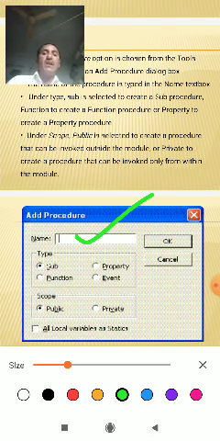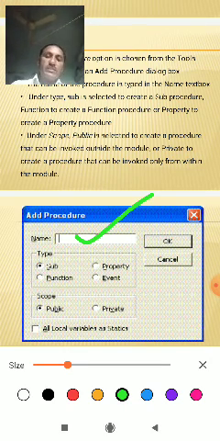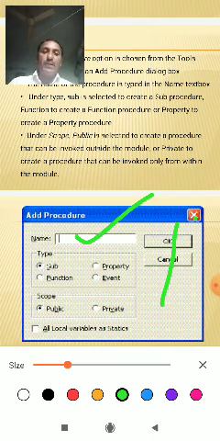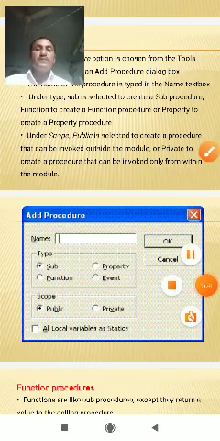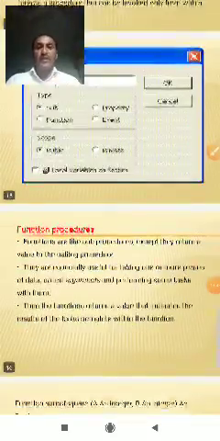This is called the Add window. Public can be used outside the module, and private can be used only within the module. This is the Add Procedure.